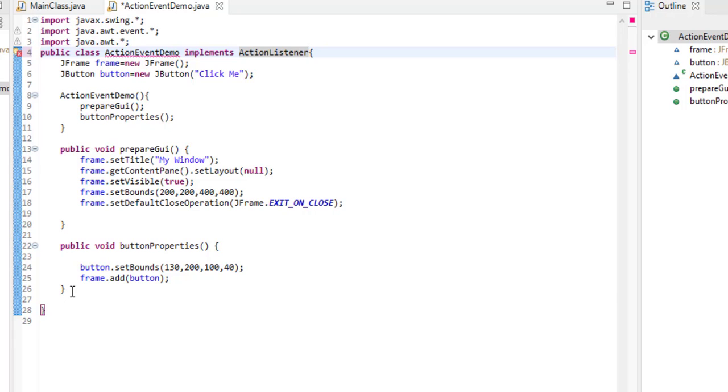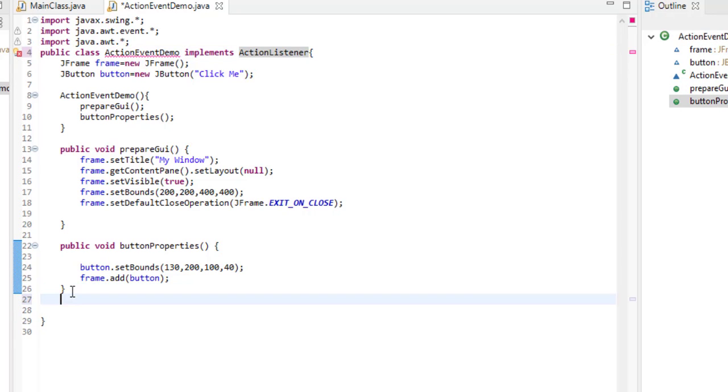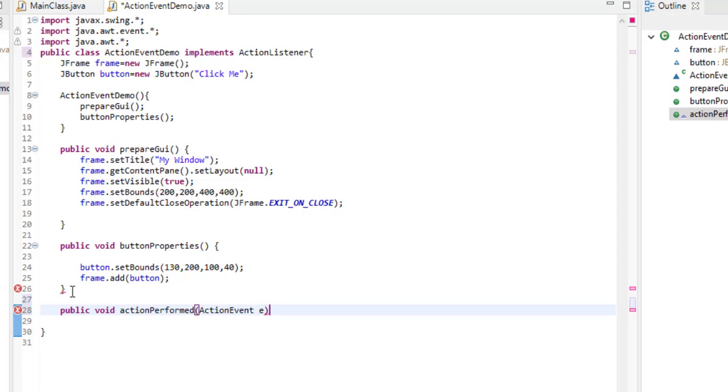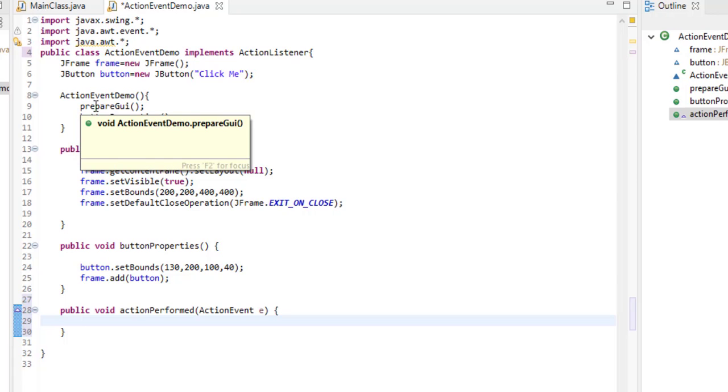So we have to override this method in our class. Public void actionPerformed, and it takes an argument which is ActionEvent. So now as you can see, the error in our program has gone.